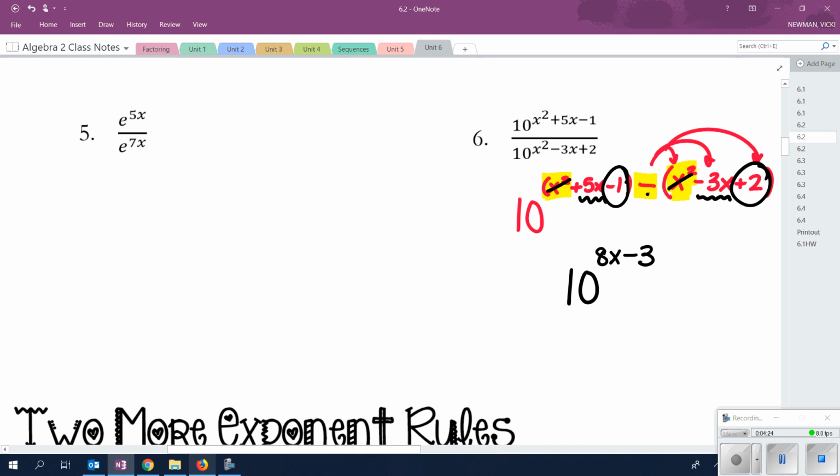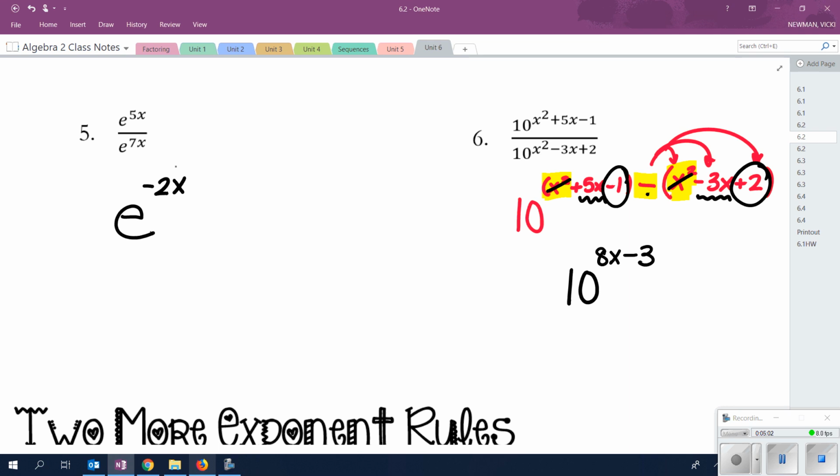Now, you do 5. Take 5 seconds and do 5. E to the negative 2x. Negative exponents. I told you about those before, didn't I? What does it mean? If it's in the top, do what? So move it to the